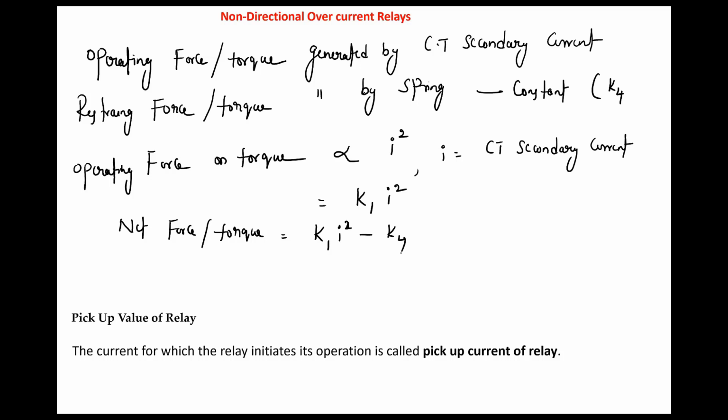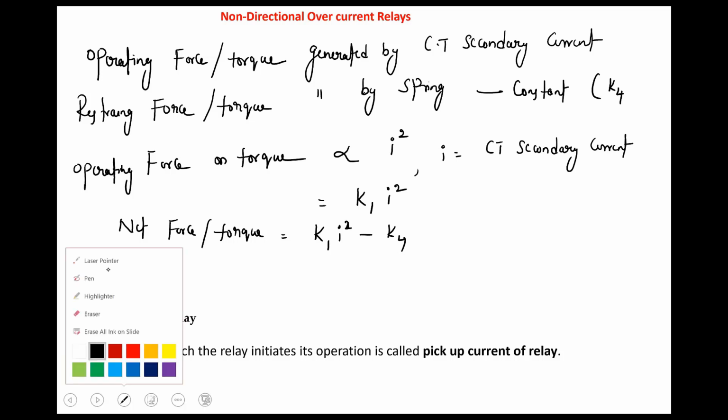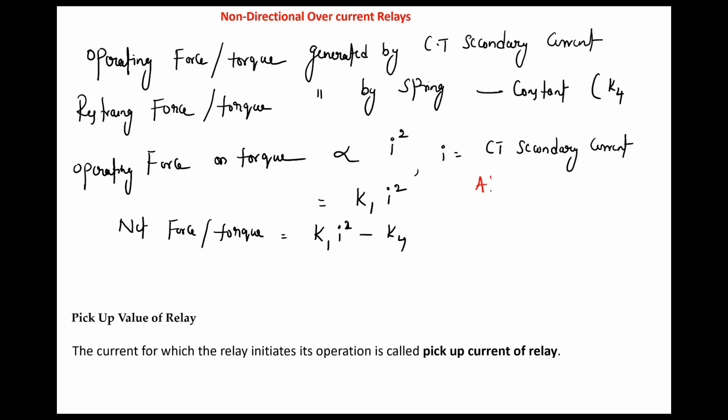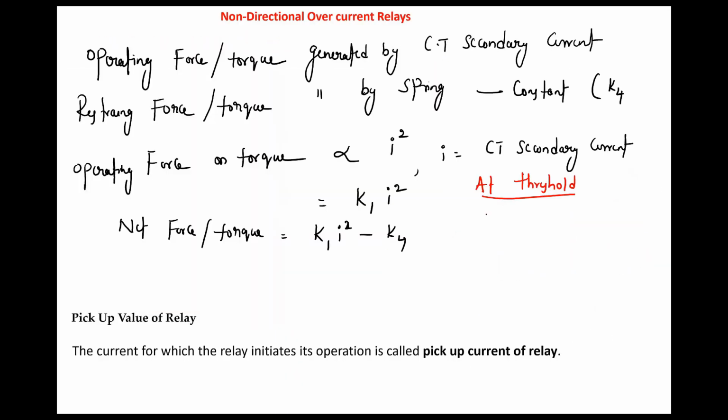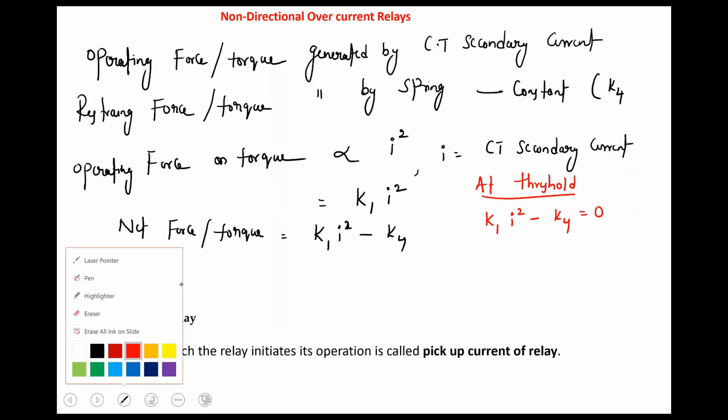Is K4. Okay. At the threshold, at the border, at the threshold condition, that means when both forces are equal and opposite, what you are going to get? K1 I square minus K4 is equal to 0. When both forces or torques are equal, then you are going to get this value. So from this value, you are going to get the particular current